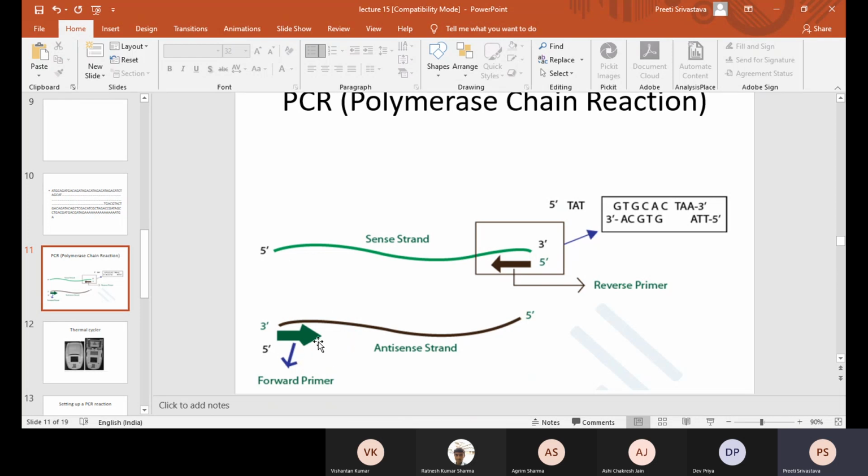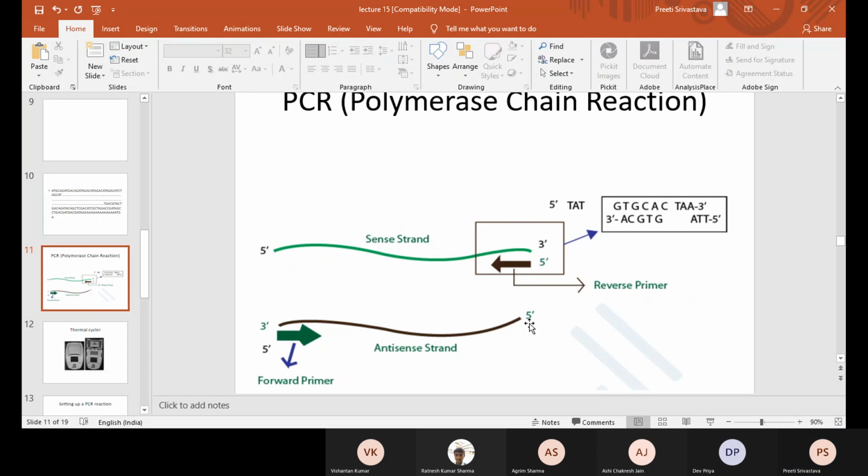Yes, ma'am. And then you see the forward primer. The forward primer is also 5' to 3' because polymerase will move in the 5' to 3' direction, so it will extend the chain from 5' to 3'. Is this clear or no?